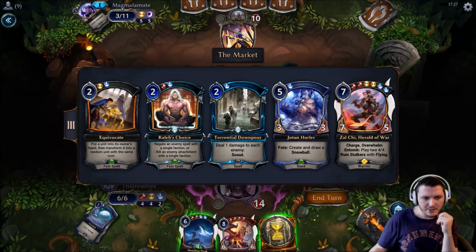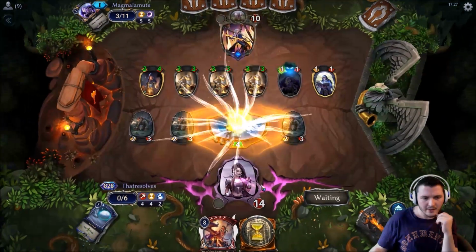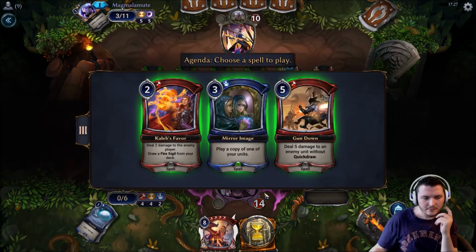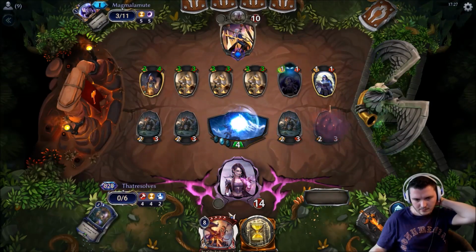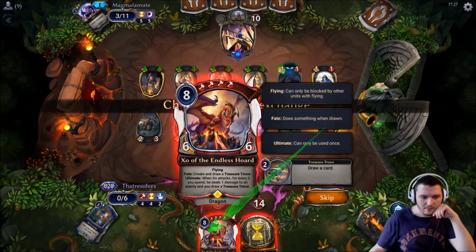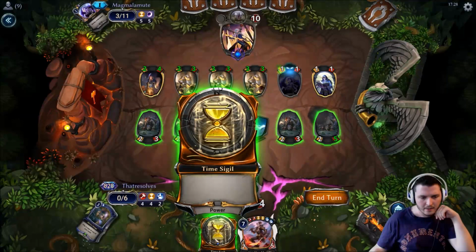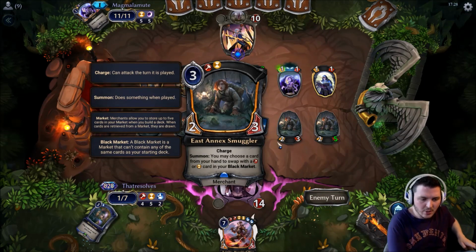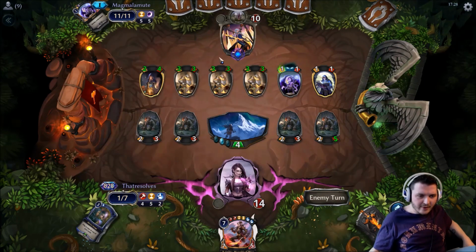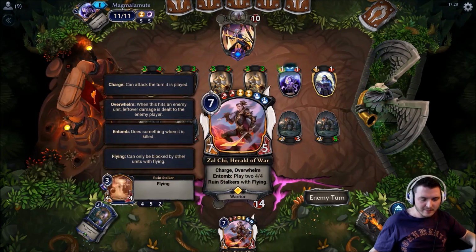Do you also get Zalchi next turn? Yeah, I like that. So swap this for Zalchi. Play out power. We could have kept Cho because it's very possible that we get to just make a Kaleb's Favor this turn to still get our 7th, but